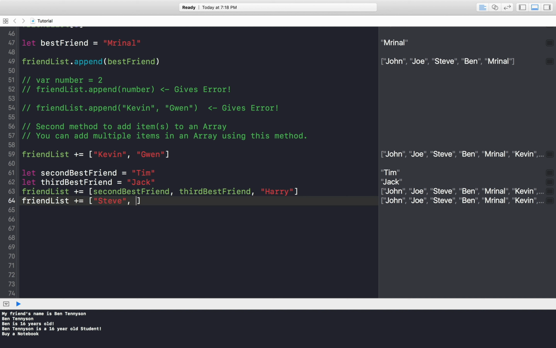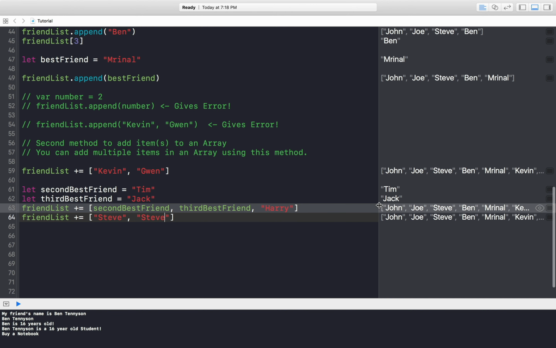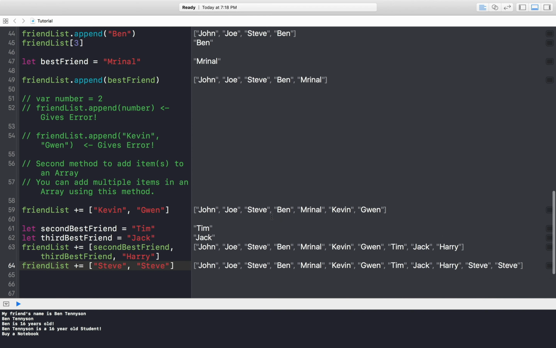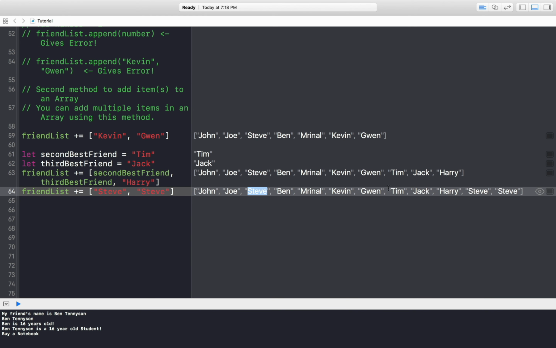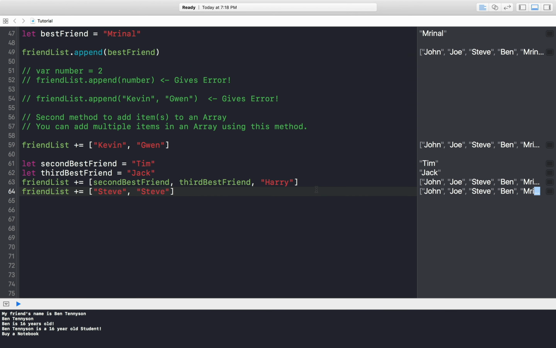So we can even have Steve and then Steve again here. Let's say we have 3 friends that share the same name, or maybe Steve is a very common name. So you can see that we have Steve 3 times right here. So first Steve, second Steve, and then third Steve. And yeah, so